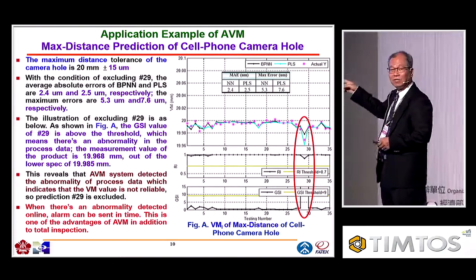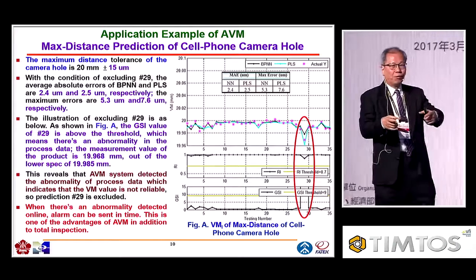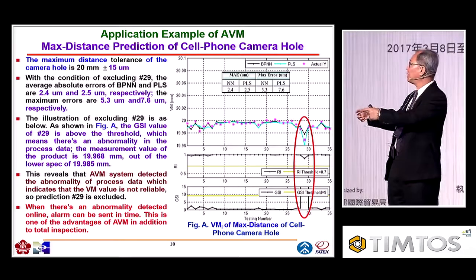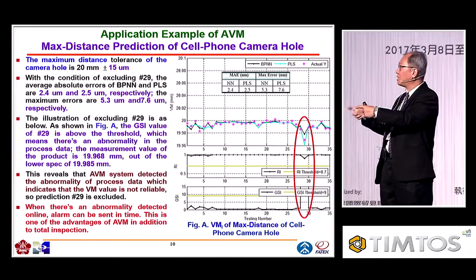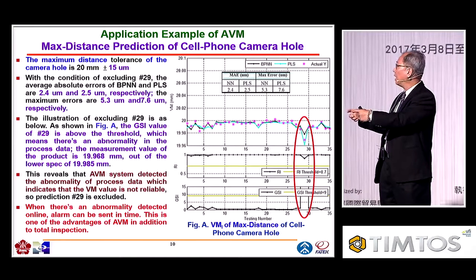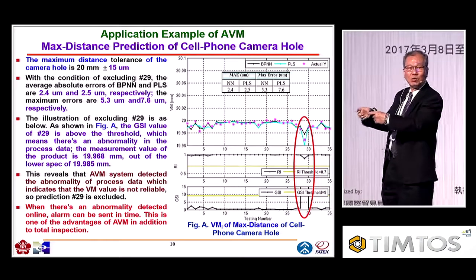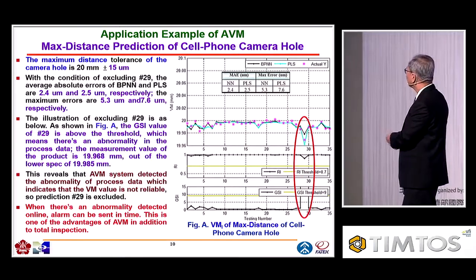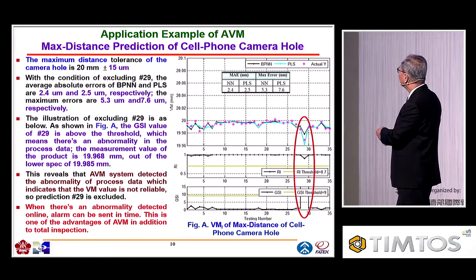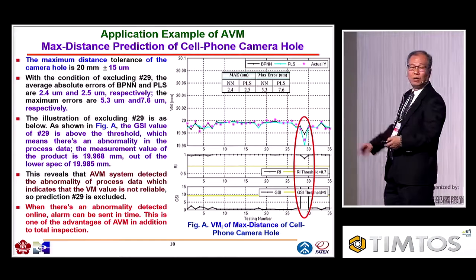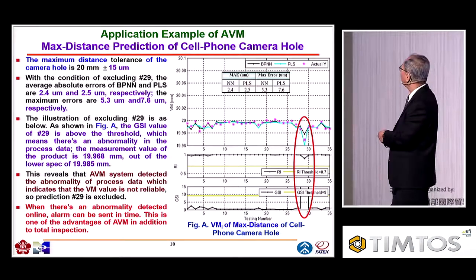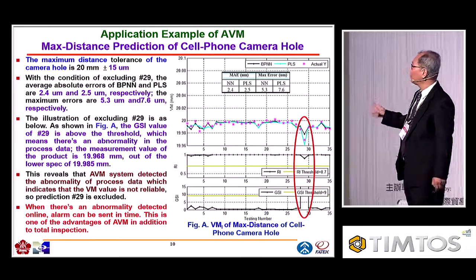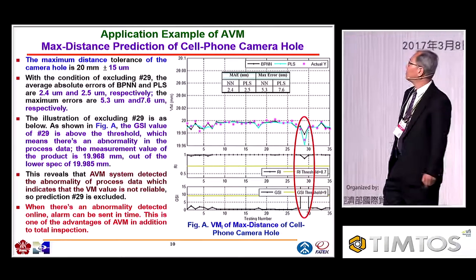And why do we have this kind of situation? Because the iPhone 4, when you just clamp it, when you use a fixture to fix it for machining, at the time the fixture is not very fixed. There's something wrong there, so the vibration signal is different. So the system can detect this kind of signal and see that this prediction is no good. Actually, when we really go to real metrology, we have a difference there. So this is one of the features that the AVM system has.